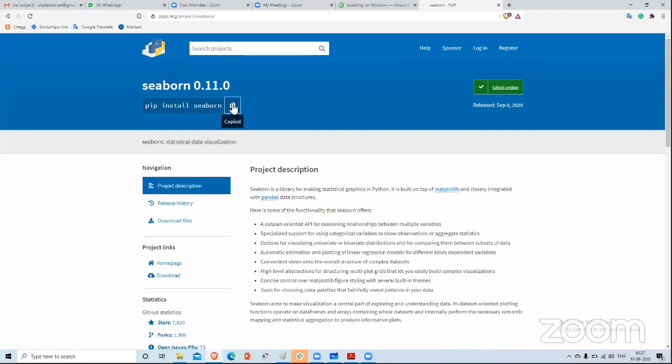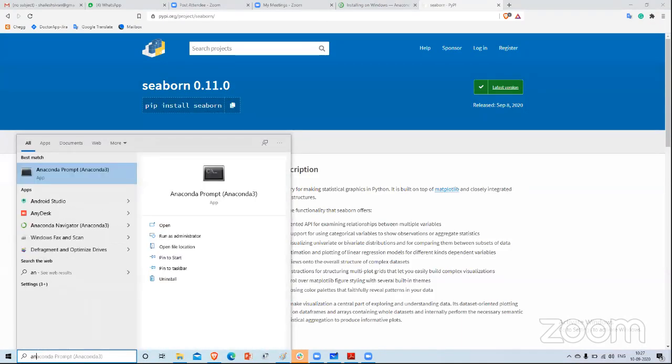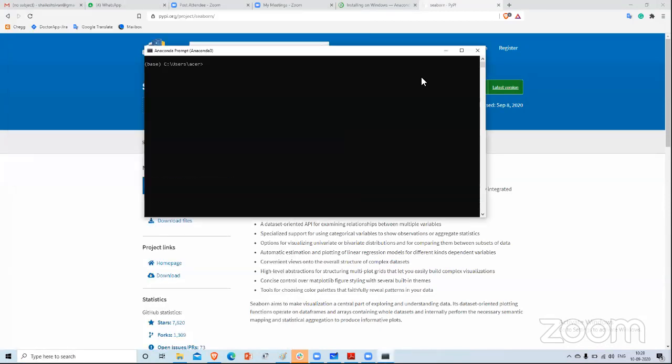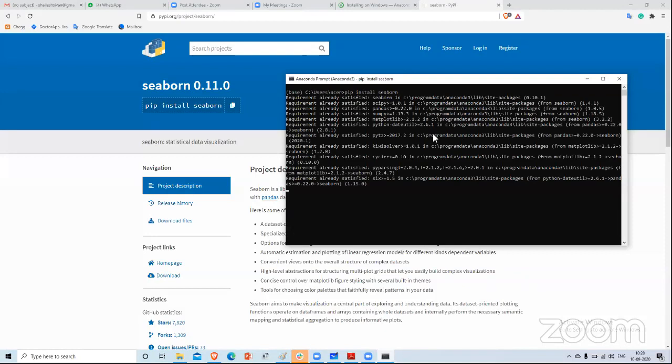Just copy it. In Windows there's a terminal called Anaconda prompt. In the Anaconda prompt, just paste the command and press enter, and the package will get installed.